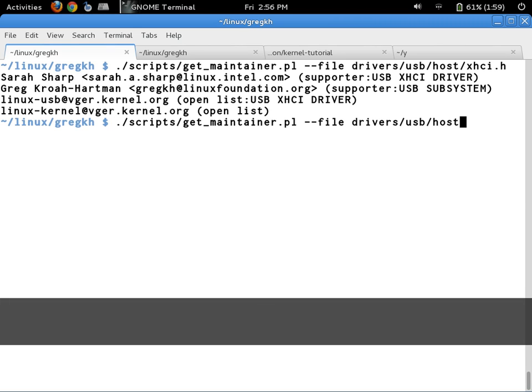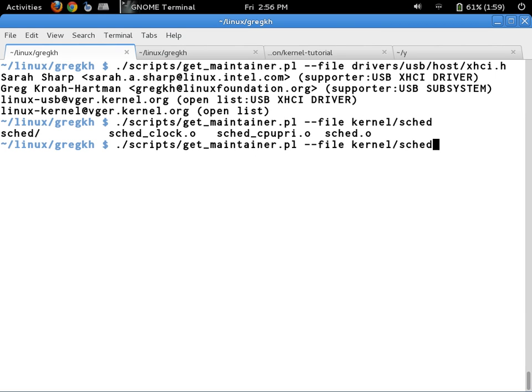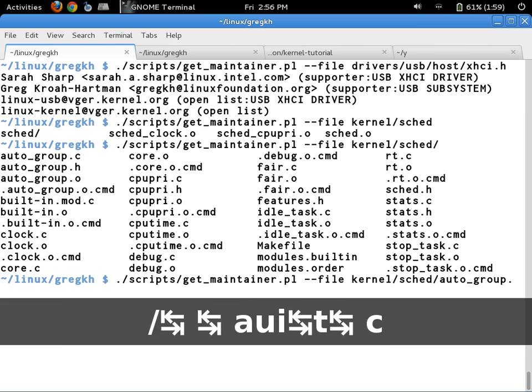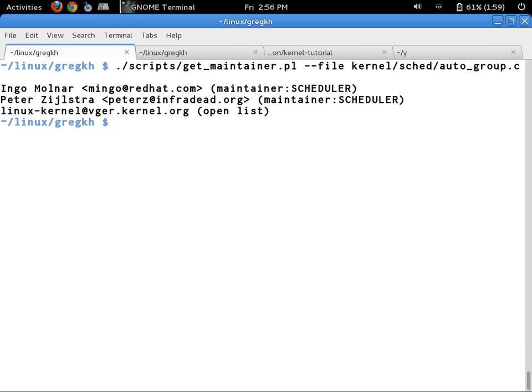Let's try kernel sched. What's in here? Okay, so here's a scheduler file. You want to send it to Ingo, you want to copy Peter, and you want to copy